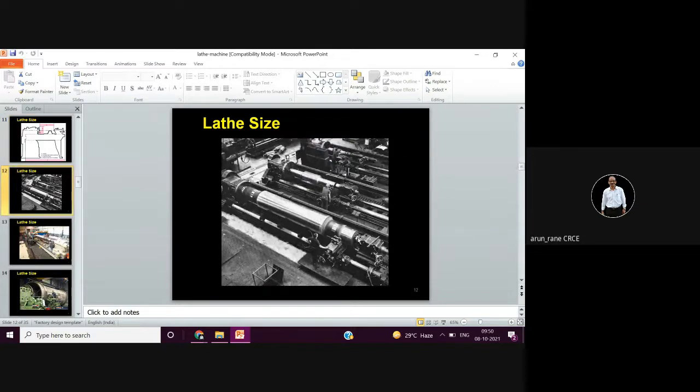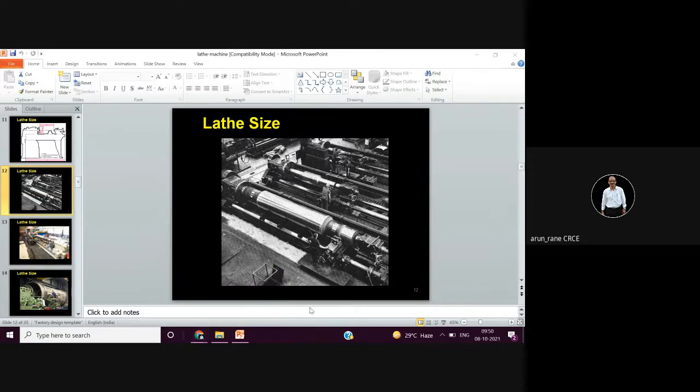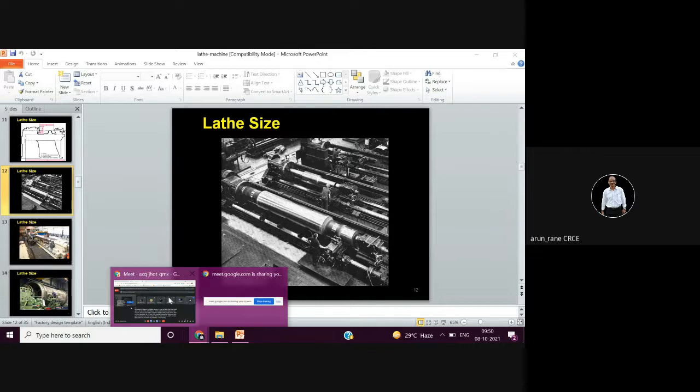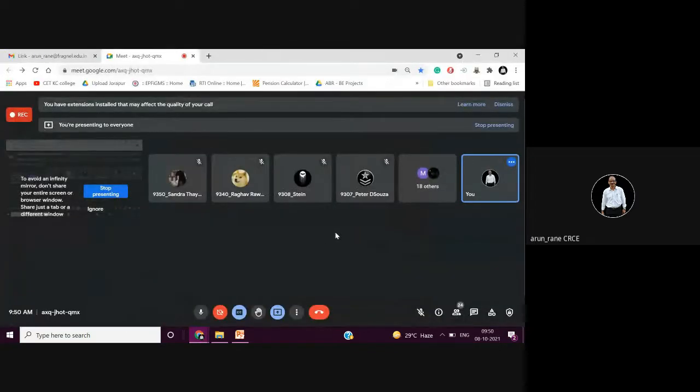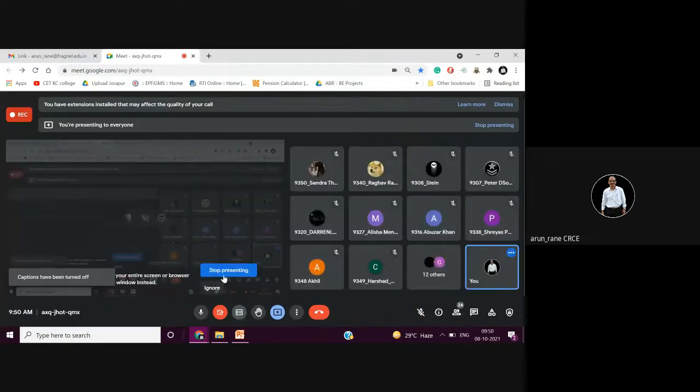See, these are some big machines I was talking about. These kinds of machines are still available in big workshops.